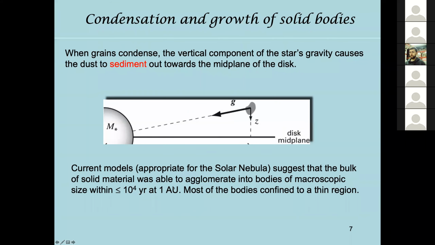And in this case, if you run simulations of a protoplanetary disk similar to the solar nebula, then you can see that this sedimentation can actually happen relatively quickly. So you have these solid bodies confined in a thin disk. There are lots of approximations here, of course, because we are considering relatively static types of disks, etc. But it's an important process that needs to be taken into account if you want to model planet formation. So sedimentation, this Epstein's drag, and then there is